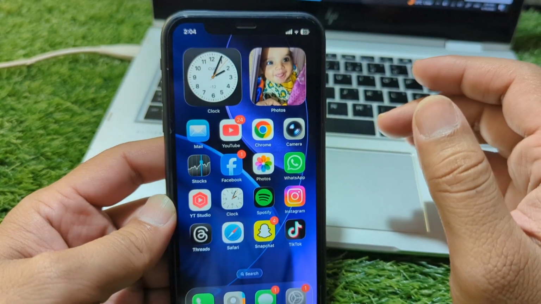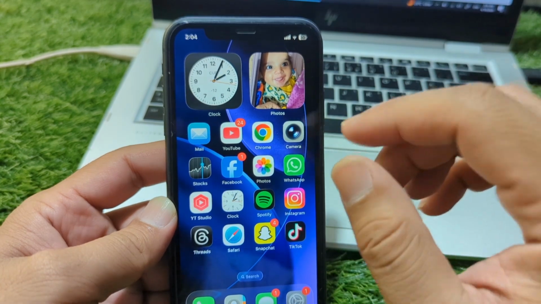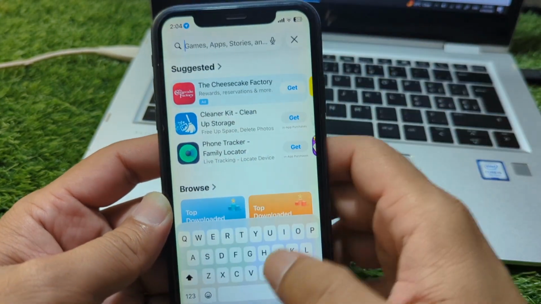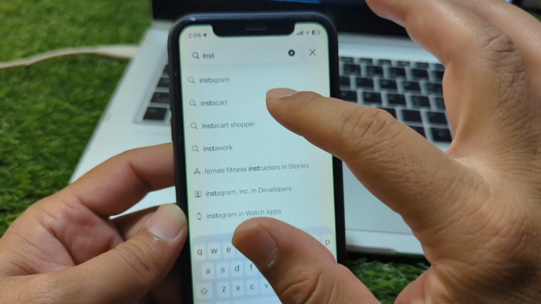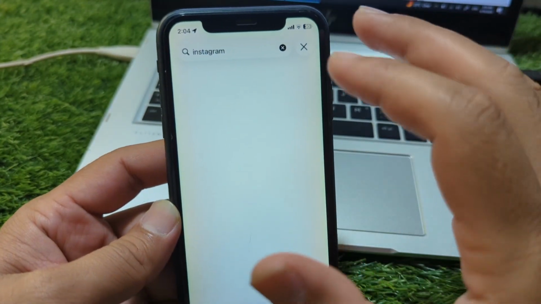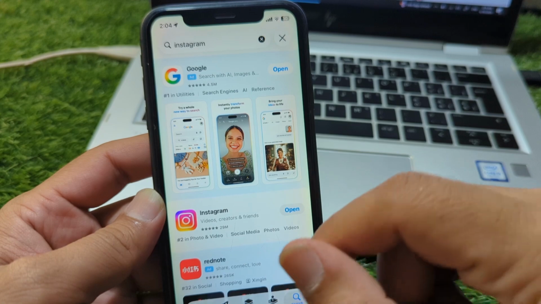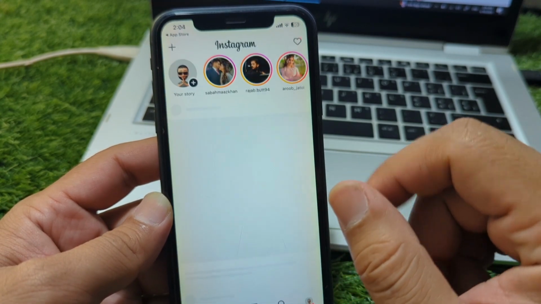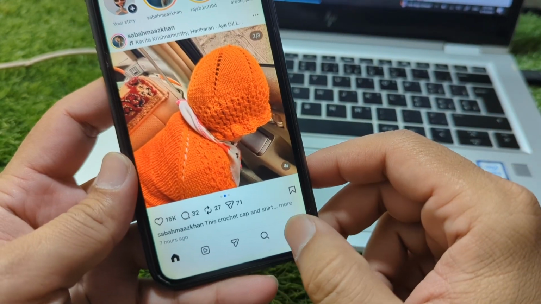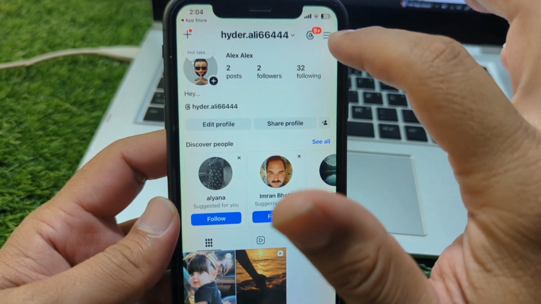So guys, first of all, go back to your home screen and now you have to simply open your App Store or Play Store and search for Instagram and download the latest version of Instagram app on your device or update it. And after this, open your Instagram and then go to your profile, go to three lines button